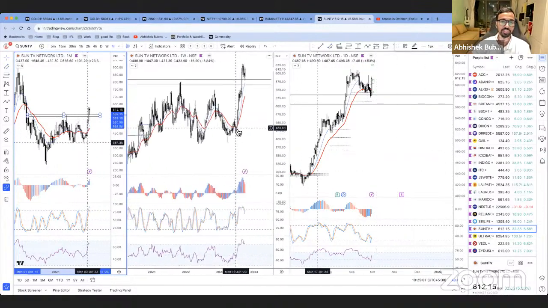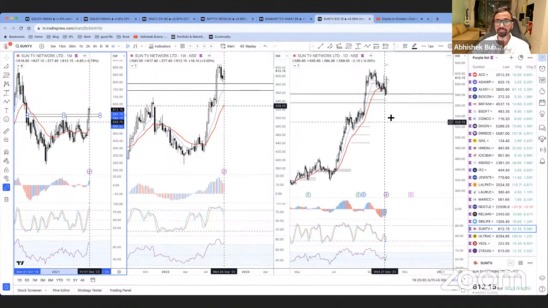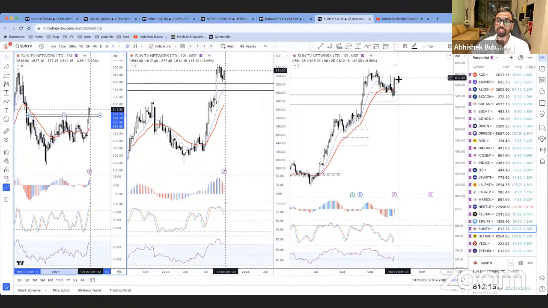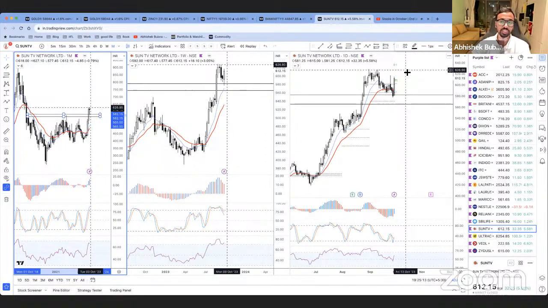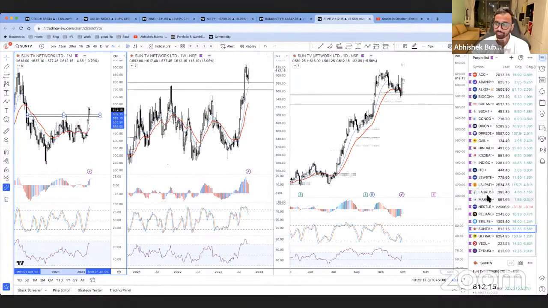So if I draw this here, you see this is my Sun TV network. Now, Sun TV, you see, there's a breakout here. There's a change in polarity, engulfing bull. At the change in polarity, I have a bullish divergence in the daily chart. Now, again, this is a beautiful setup. Monthly CPR narrow. If it goes above this, it's a good setup for this particular stock. Again, let's see how Tuesday opens.